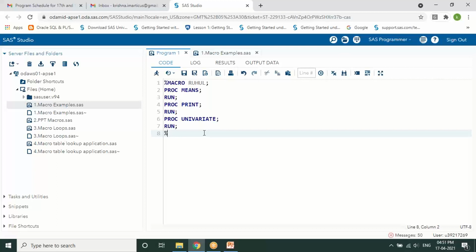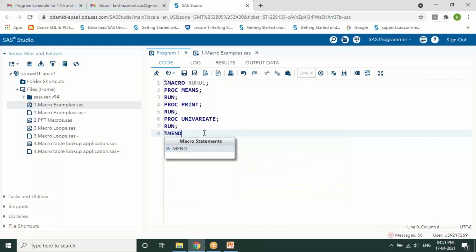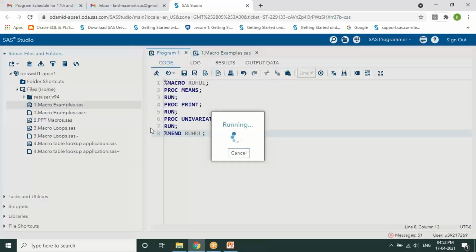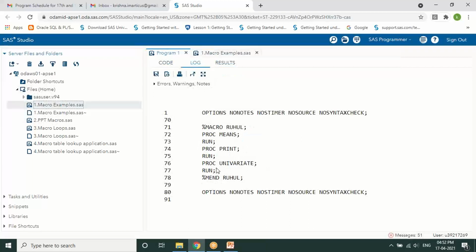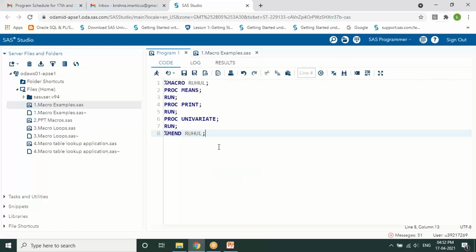Whatever I've created, I'm just ending with %mend and the name of the macro, that is, the name of the macro is Rahul here. So initially, first I execute this macro code, which will be created as modular code at the backend, having all these three procedures. Okay, so now this got created and was stored in the backend.